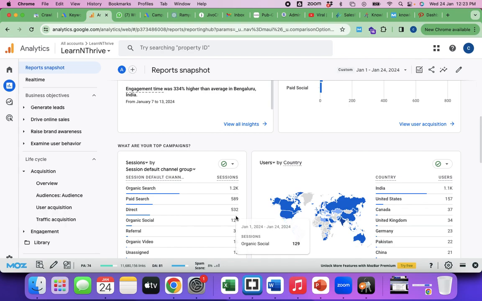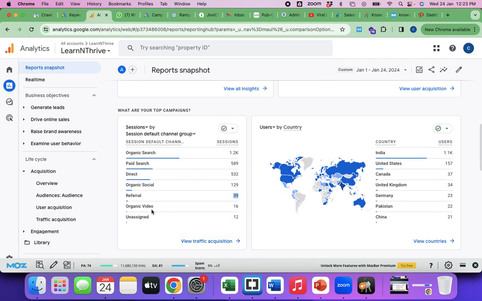encrypted, right, end to end encrypted. So if it's not readable, if it cannot understand the source, it's direct. If it's a website on another website and people click on it and come to this, that's mentioned as referral. Organic video: the video is posted on YouTube or somewhere else, and must be getting traffic to the website. Unassigned: the source is not assigned. Usually that was showing as not set earlier. Unassigned will be multiple channels people must have visited, where basically the tool doesn't have access to it.